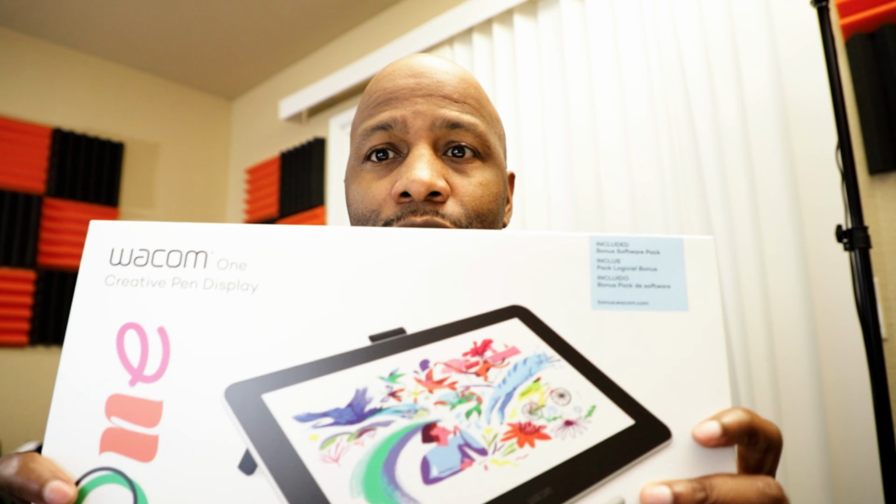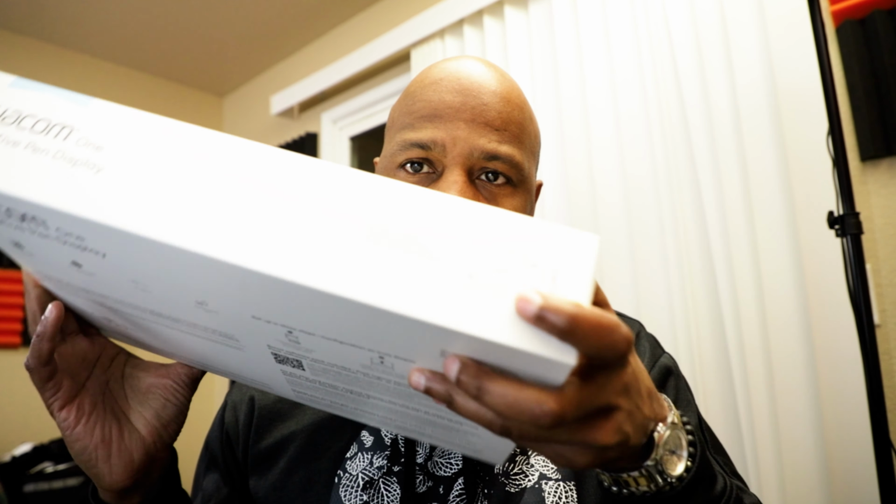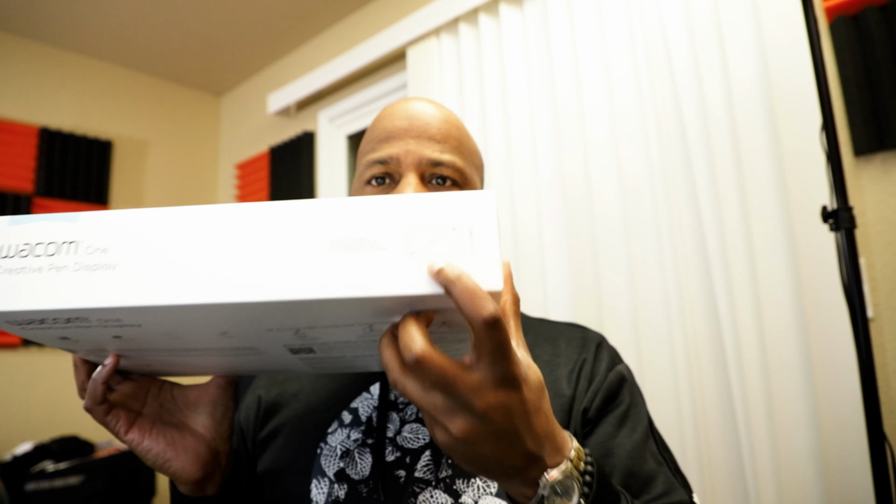This is a Wacom line, so it's a step below what that one is, and it's smaller, so it's going to be a little bit cheaper. This is saying it's 13.3 inches or something like that. I don't know if you can see that, but it's